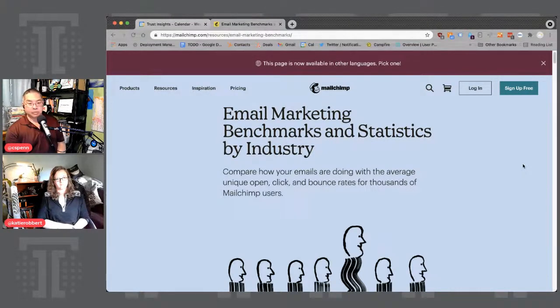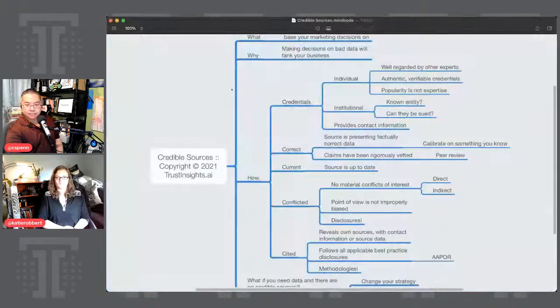Exactly right, because Mailchimp has a reputation, deservedly, for having a lot of small business customers. You can sign up for free and do all this stuff, which is going to skew the population. If you're looking for, say, enterprise email marketing data, this probably isn't it. But to your point,